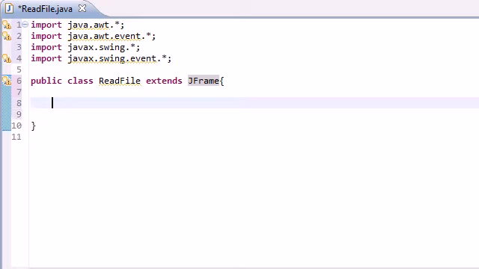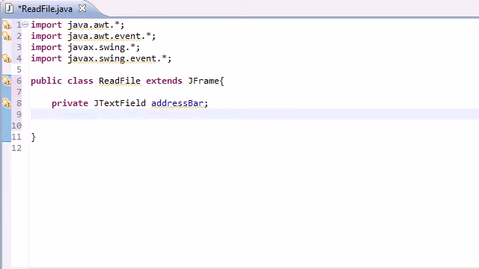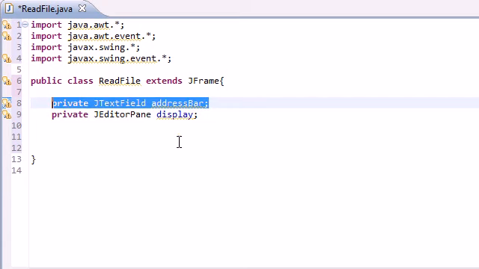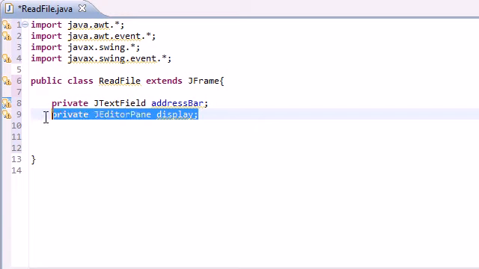So the address bar at the top is actually going to be a JTextField. So private JTextField, and I'll just name this address bar. Now, the main display window is actually going to be a JEditorPane. So private JEditorPane, and I'll just name this display. So remember, we're going to be typing in the URL, such as thenewboston.com right here, and it's going to display